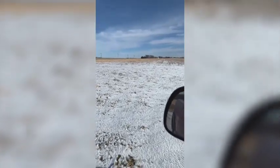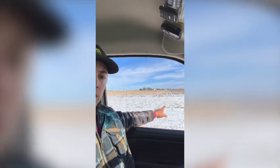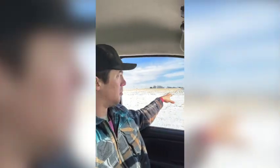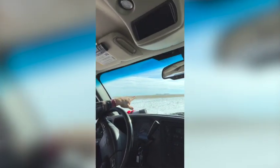This is the first field we're gonna do. So this farm out here, they used to have ditches out here. That is how they'd irrigate. They'd flood the ditch and then water the field. And my grandpa, this field I think was a little hillier back in the day, but he leveled it completely flat. So there's some fields next to us up there that got a little hill to them. So I don't know how bad this once was, but